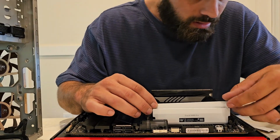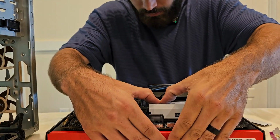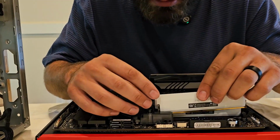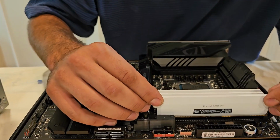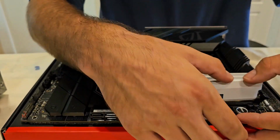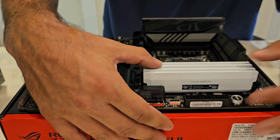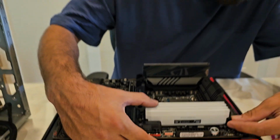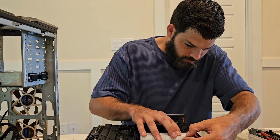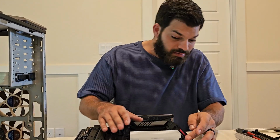I'll put this in, I guess if you want to call it slot 2. And make sure you get a nice click on each side. And the last one in slot 4. We'll push down, click, click. Man, you gotta push so hard on these. Freaks me out. But